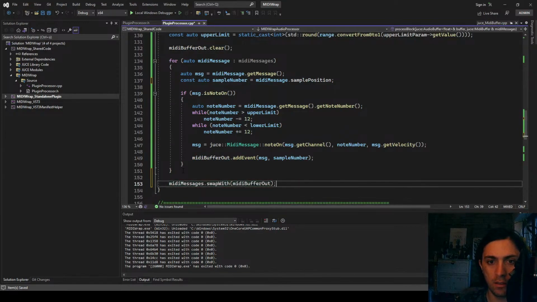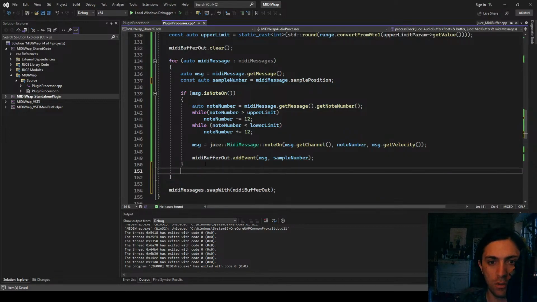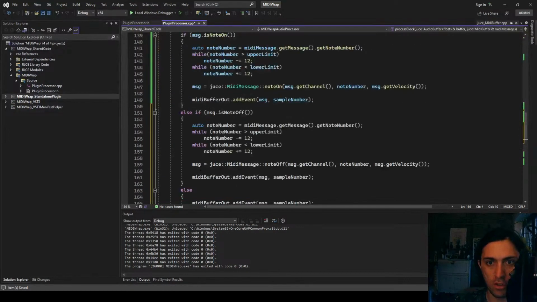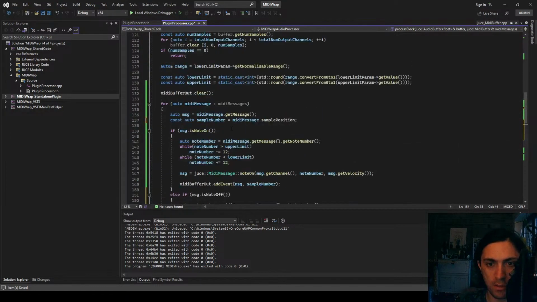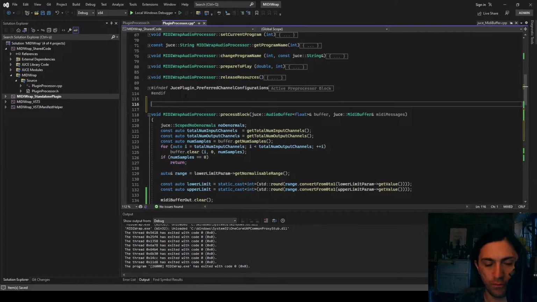Yeah. Okay, that's just as I thought. Now, do I have to write anything for node off? What is the suggestion? If node off, then I also get the node number and wrap it. Now at this point it would make sense if this was like a little helper function. Inline